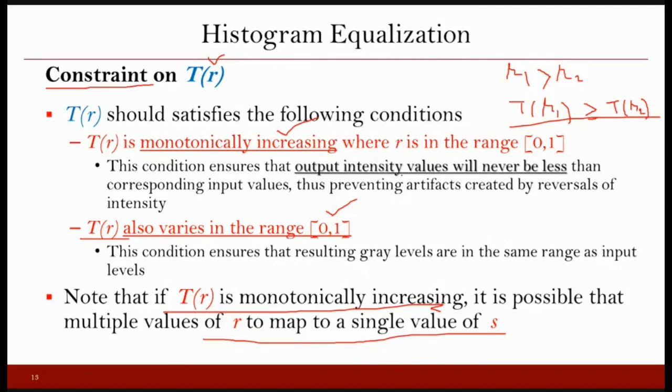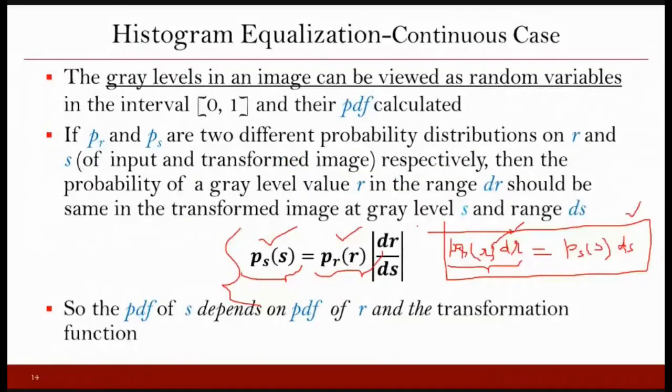say this is your PDF, and this is your CDF. If this is your R2, and this is your R1, and R1 is more than R2, then in the case of R2 you are only computing this area. In the case of R1, you are computing this entire area. And if R1 is more than R2, then the area for R1 is going to be more than R2, right? As you see here. So the CDF is a monotonically increasing function. So that requirement is also satisfied when we use CDF.